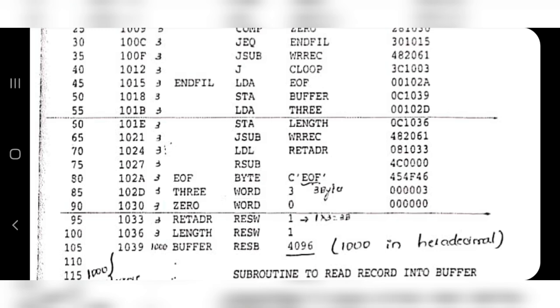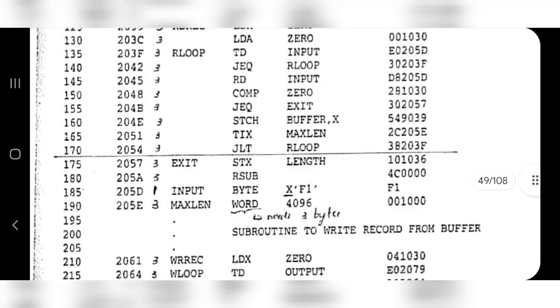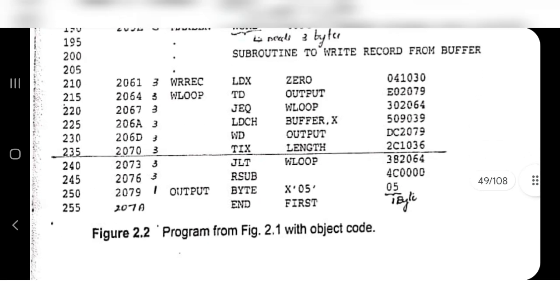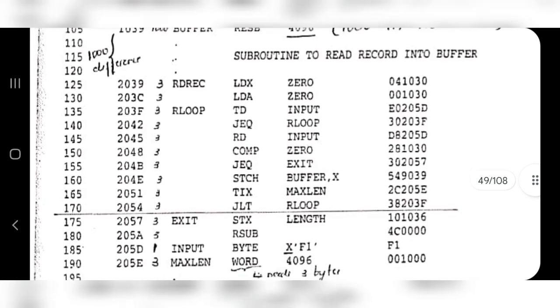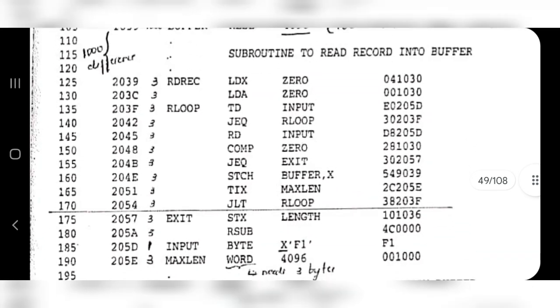For EOF you also have to do something different, because BYTE is present in the input, and for the output also BYTE was there, if you remember. See, for BYTE it is there in the input, and for the output also BYTE is there. You had added 1 byte, right? But in the EOF, what will you do? EOF is not in